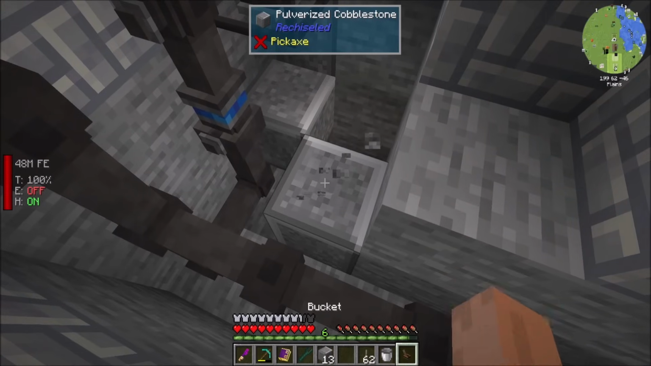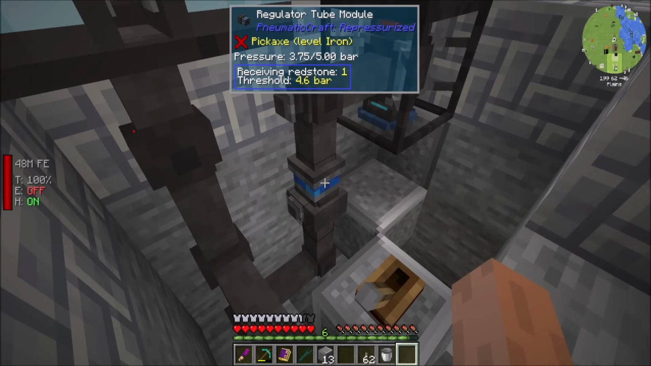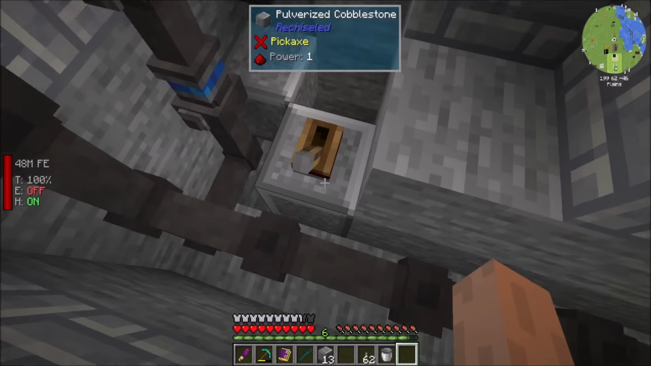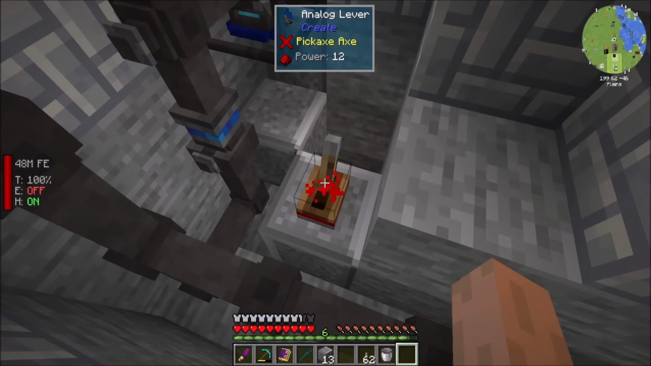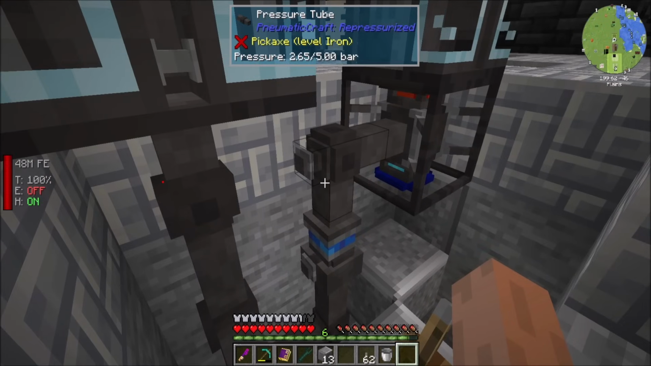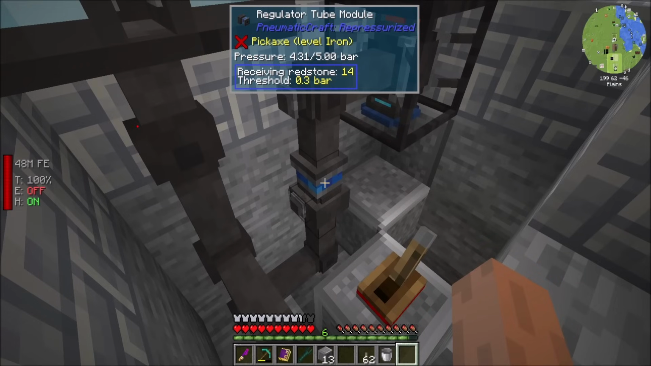So what I'm going to do is place down this guy, and we're going to give him a redstone signal power of 1. And we can see on the tooltip, receiving redstone signal 1, threshold 4.6 bars. So let's make it 14, which is a threshold of 0.3, right? That means only 0.3 bars of pressure are allowed inside the vortex tube, and therefore